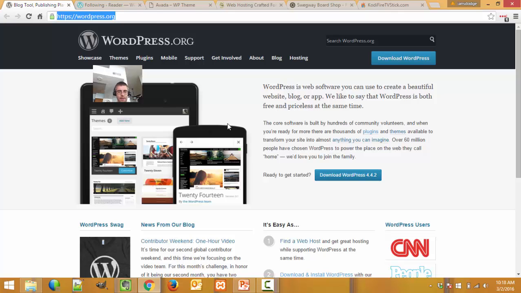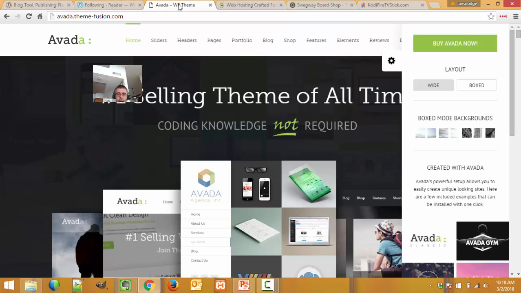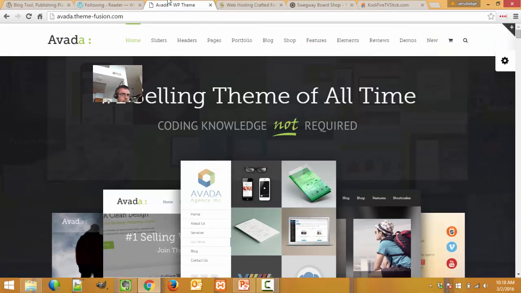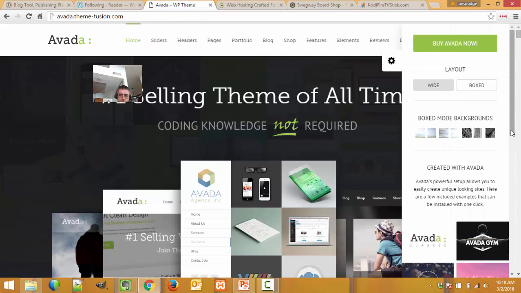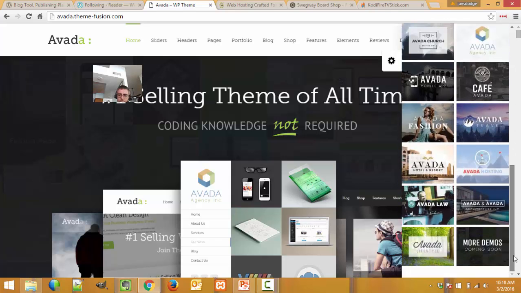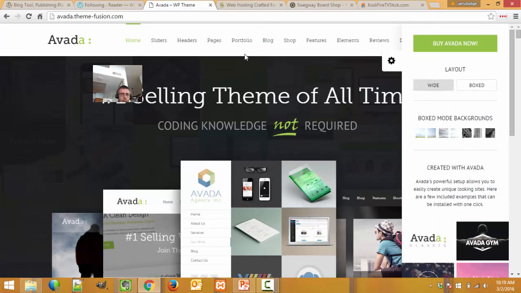And then after that you want to choose the right theme for WordPress. And I'll probably have an entire video on that, but basically some themes are better than others, and most themes have a lot of limitations, so you can basically get past a lot of those limitations by choosing the right theme. An example of that is the theme called Avada. It's a really good theme. I'll tell you why. It has very customizable options. You can customize just about anything in this theme, and it comes with these other demos that you can load in for different types of industries. So anyway, you want to choose the right theme,